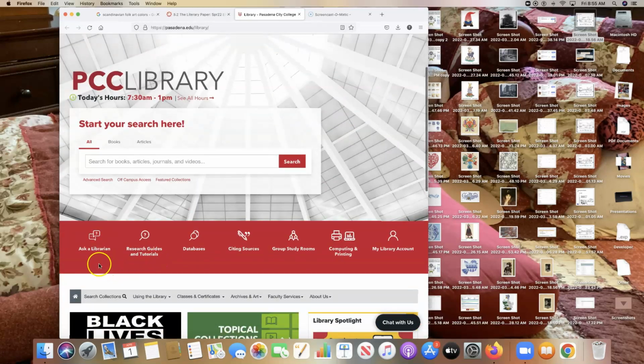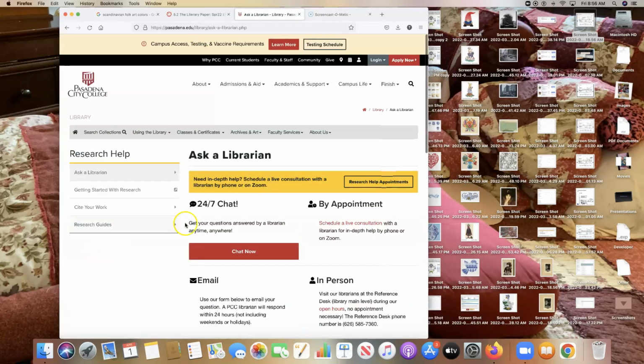If you have difficulty doing your research, we have this feature here that says Ask a Librarian. You would click that, and there's a 24/7 chat. That 24/7 chat will give you a librarian anywhere in this country or this world.